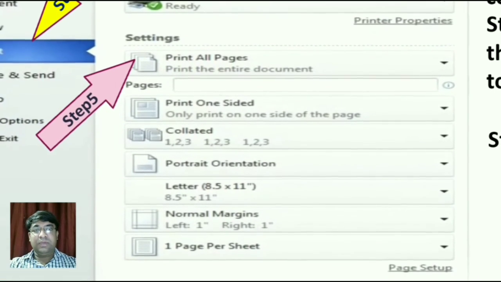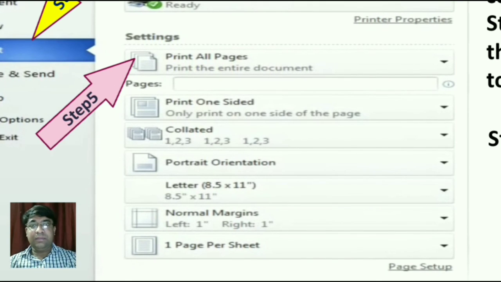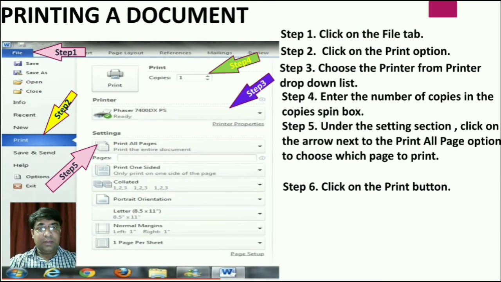You can choose any one option like print all pages, print selection, print current page, print custom pages, only print odd pages, or only print even pages. And last step is click on the Print button. So these are very simple steps to print a document in Microsoft Word.